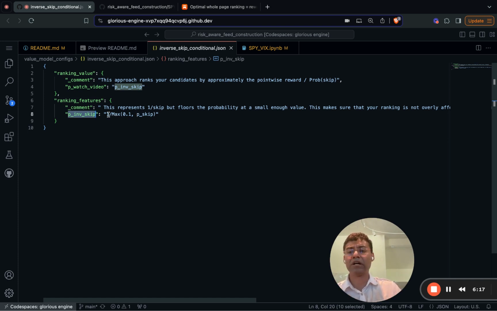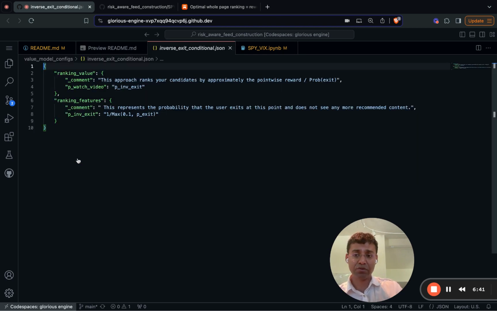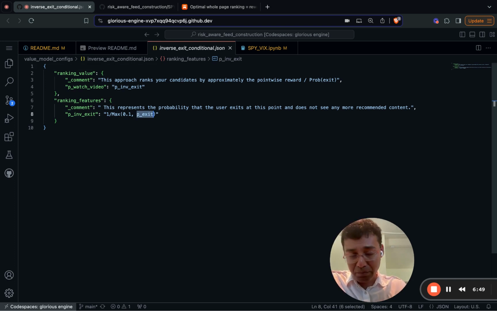But if you don't want to go into that, you can just say that here we are ranking by the probability of watching the video multiplied by 1 by the probability of skipping it. That's what I've written here. Inverse skip illustrates the reward by risk advice of this block and ranks by p watch by p skip. Inverse exit is similar to 1 by skip, except instead of p skip, it uses p exit. Now, which is better? I have a point of view here, but again, I think this is very domain dependent. If you do have both of these actions,